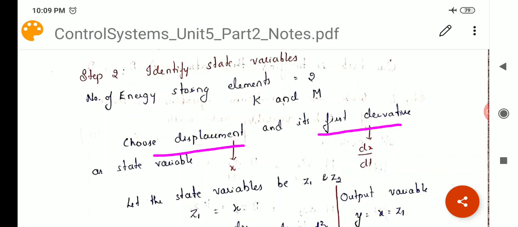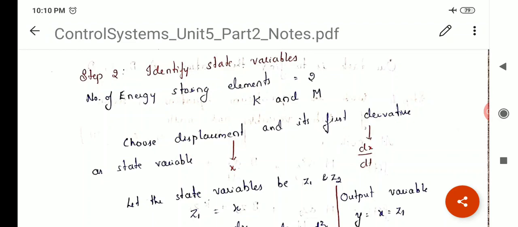The second derivative would be d square x by dt square, which will be the acceleration. But now when you are choosing state variables for a mechanical system, always choose displacement. If there is one displacement, one displacement. If there are two displacements, two displacements. So always choose displacement and their first derivatives. So in this case we need two state variables, so I'll choose x and dx by dt as my state